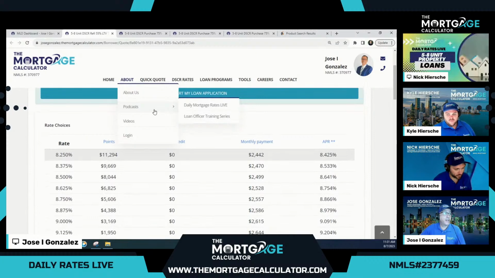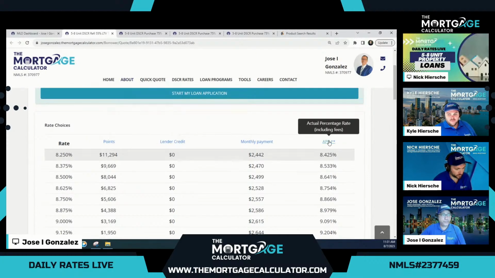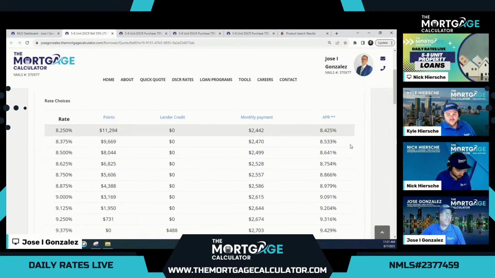And then I have here the scenario for our 700 cash out at a 65% LTV. So 700 is the lowest FICO score for the cash out.